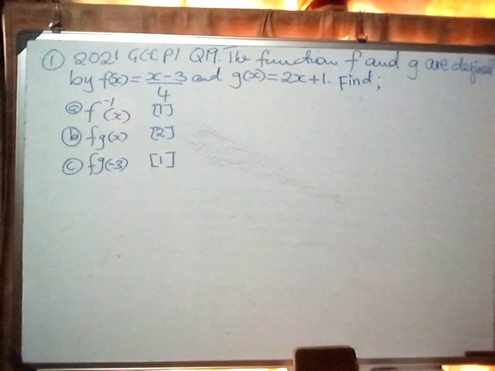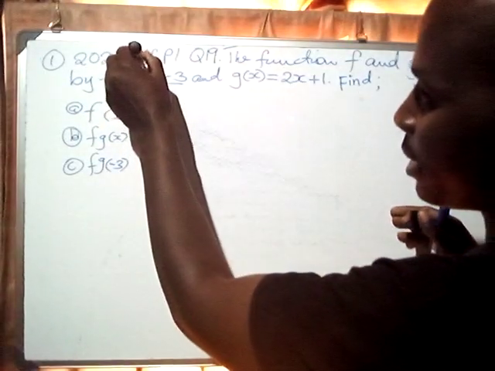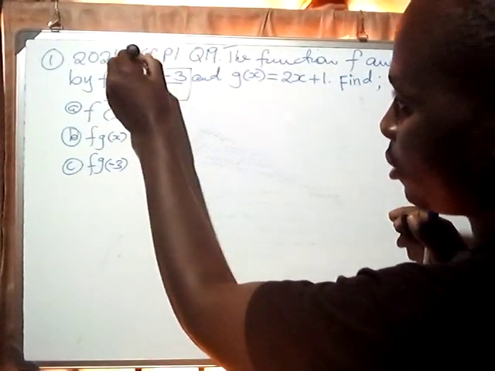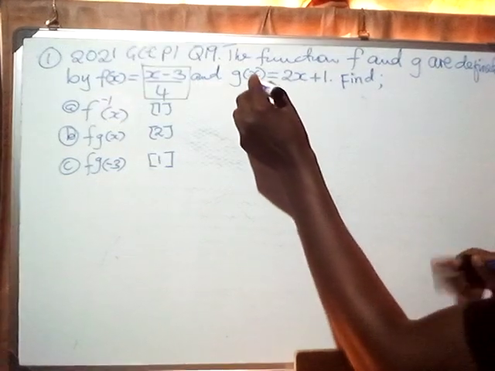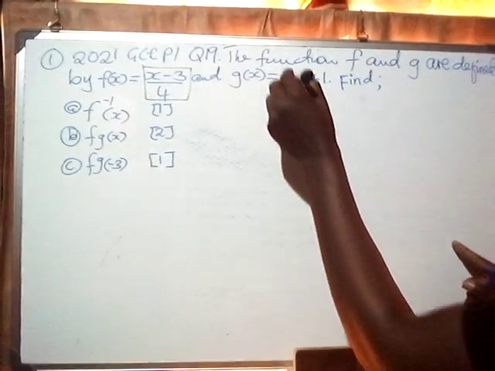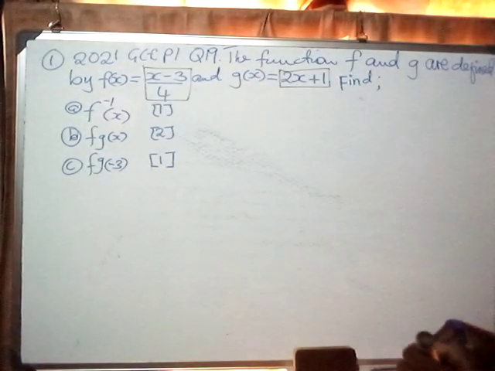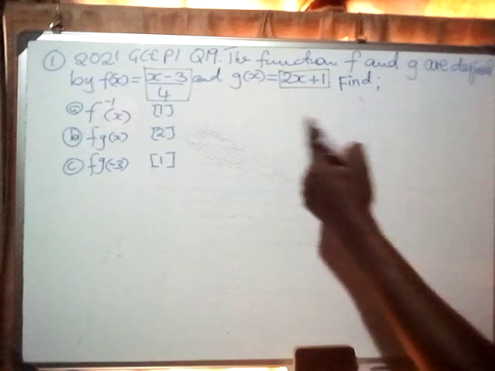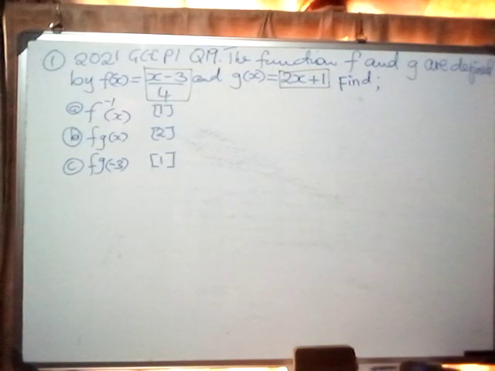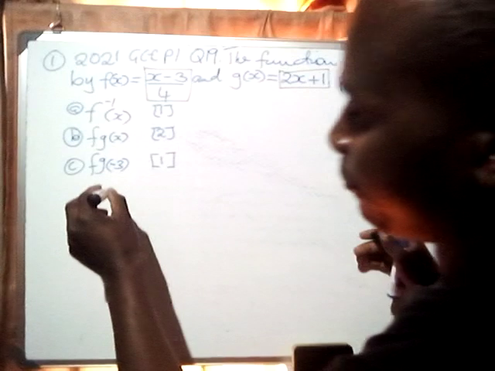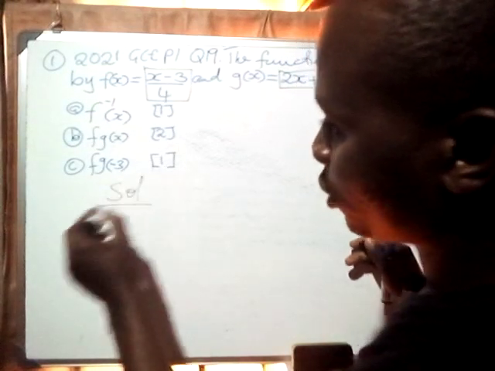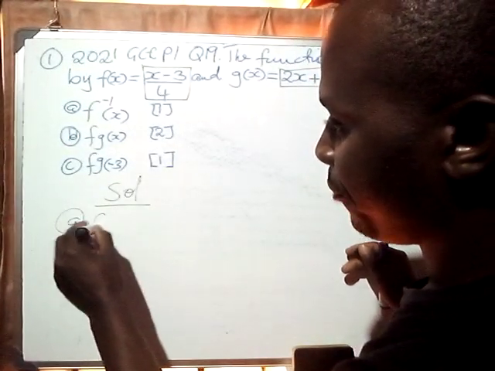f and g are defined by f of x is equal to (x minus 3) over 4, and g of x is equal to 2x plus 1. The question is, find f inverse. We find the f inverse. So our solution for f inverse